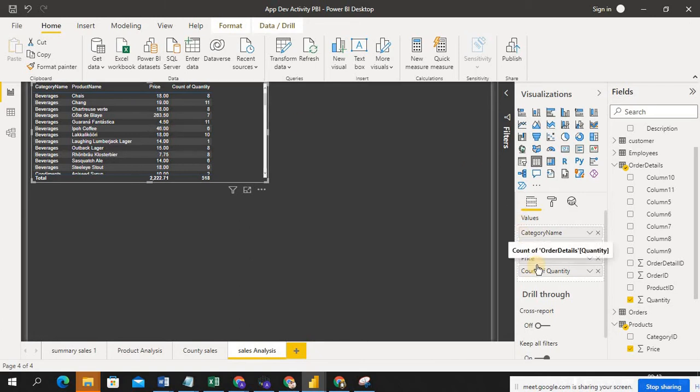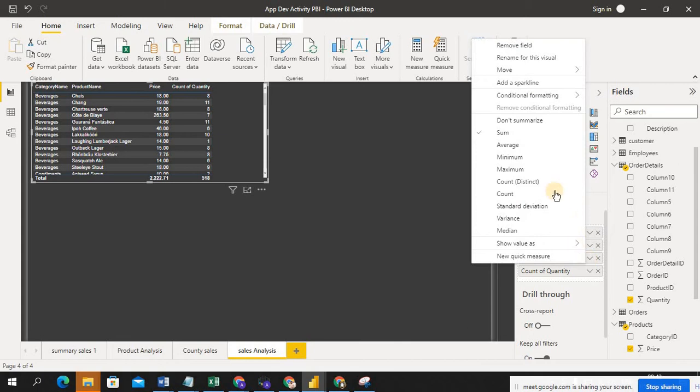On whichever column you want to apply, go to that column. For this table I'm using these 4 columns, listed down here. Just select that price column. You can see the options. Remove field, and for the specific field there are this many options coming, guys. Whatever action you want to perform, you can do.